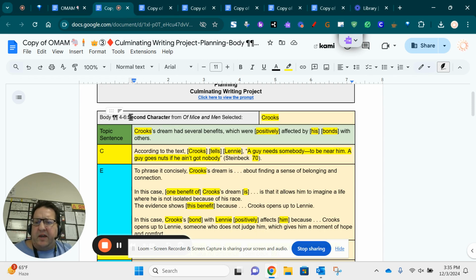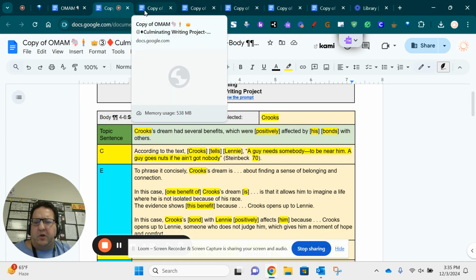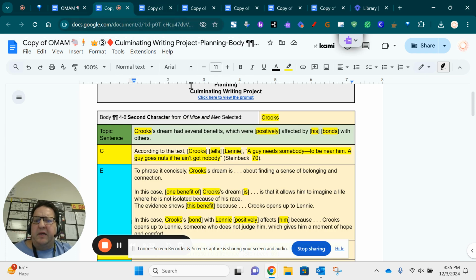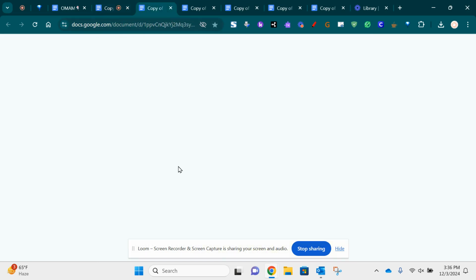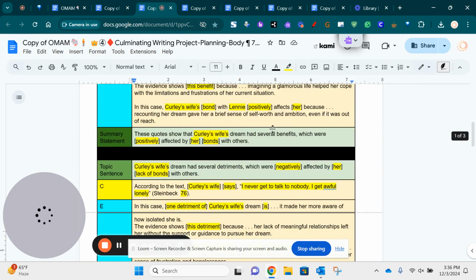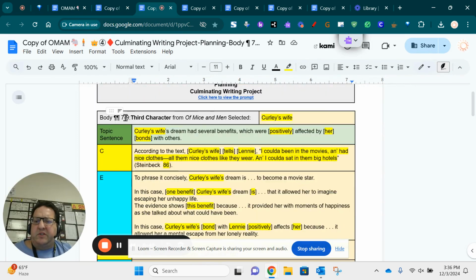For this, I have Crooks. I did because I know that I told you not to do Crooks because it's hard, which it is. But I have it in here, and then the next one I have Curley's wife, which is body paragraphs 7 through 9, and all that's going to look exactly the same.